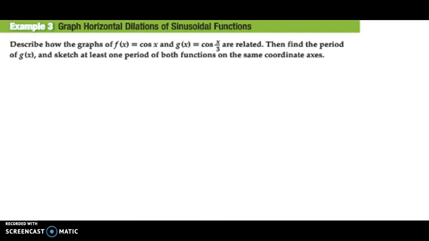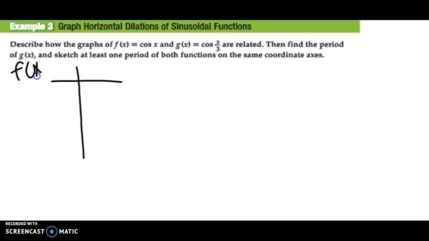So it says, describe how the graphs of f of x is cosine of x and g of x is cosine of x divided by 3 are related. Then find the period of g of x and sketch at least one period of both functions on the same coordinate axes. So